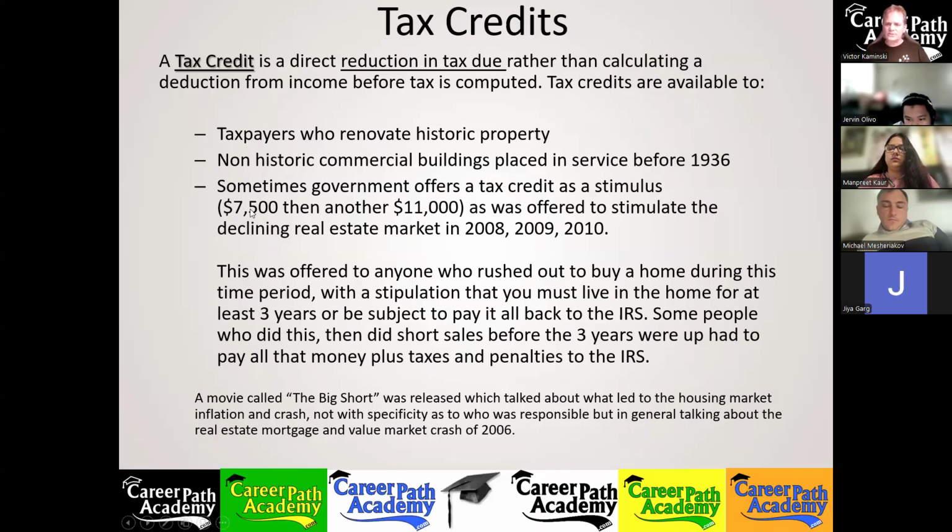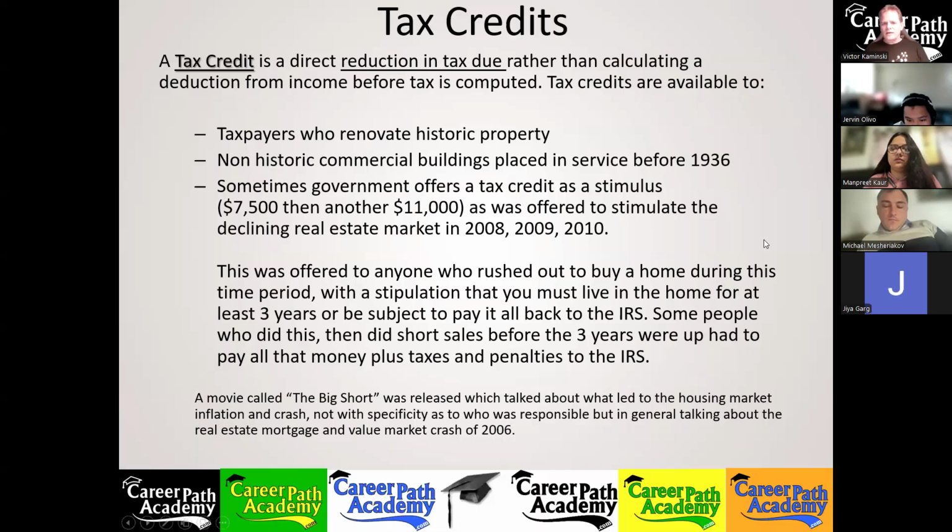So politicians incentivized all these buyers to rush out and buy homes. This was in mid-2008 to 2009, and people did rush out and start buying the homes. Was it in enough volume that it was going to flatten the market, flatten the curve? Come on, we all learned about curves in COVID, right? Flattening the curve, right? So as the market was crashing like this, they figured with the $7,500, it started to flatten the curve a bit, but not totally. The property values were still going down, just not as sharply.